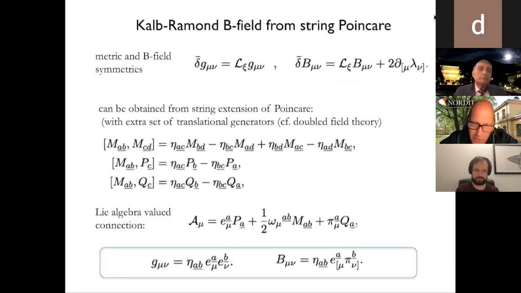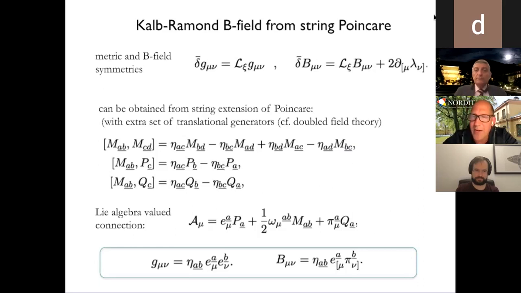And what will also be crucial in this is that the fundamental string itself is an extremal object. The fundamental string has the property that its mass is equal to its charge, or rather say its tension is equal to the charge, as we know from the Nambu-Goto action. So what's our starting point? Well, let's first revisit the B field that we know in relativistic string theory.